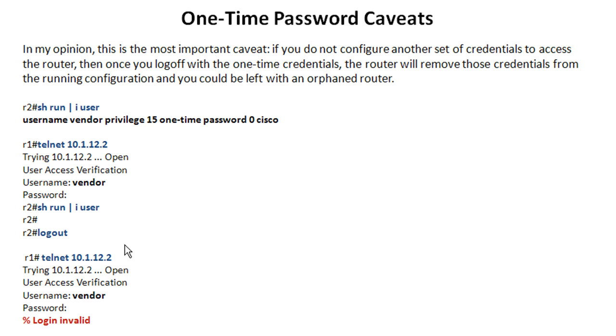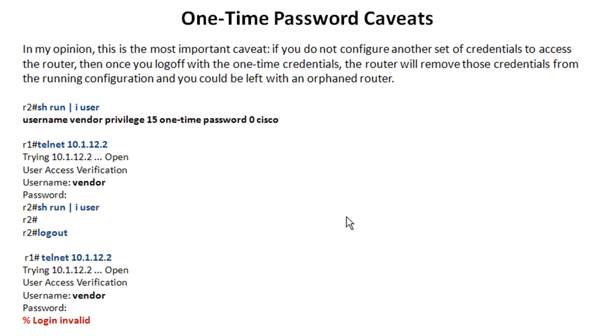So in this case we log out, and now we basically do not have remote access to this router, because it's going to log in, and I guess I should have mentioned in this case it's going to say use the local username database for authentication. So you try to telnet in here and you use vendor, and that is gone. You could use any one you want because there are no username password combinations set up on this router,